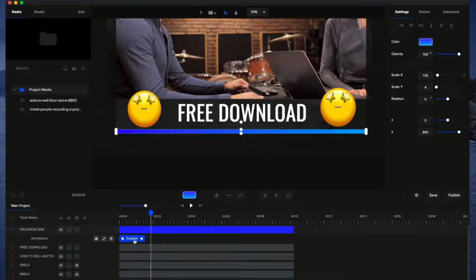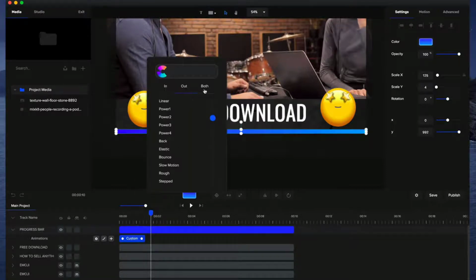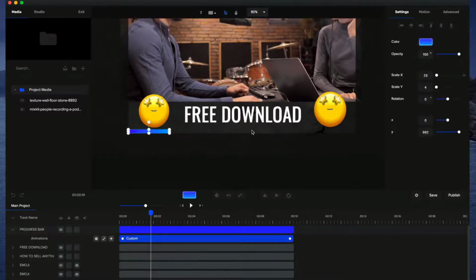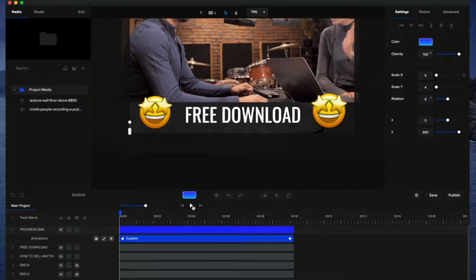So what we're going to do is adjust the duration and the easing. If I right click on this animation and go to easing, we want to make sure that it's selected to both and linear, so that it just goes in one fluid motion. So there's no fast burst and then it goes slow and fast, but we want it to just go at one steady speed. Linear does that, and you want to make it on both the in animation and the out animation. And then all you need to do is drag this out to the duration of your video. And if I go ahead and preview from the start,